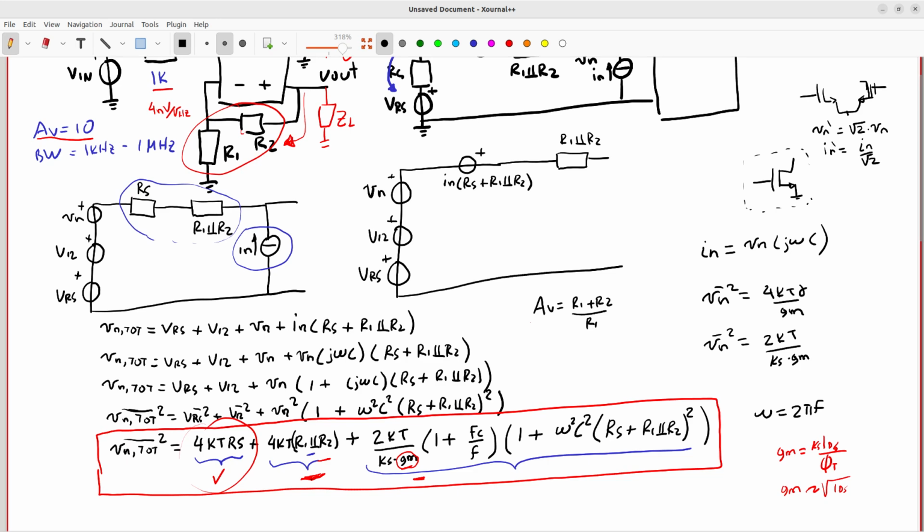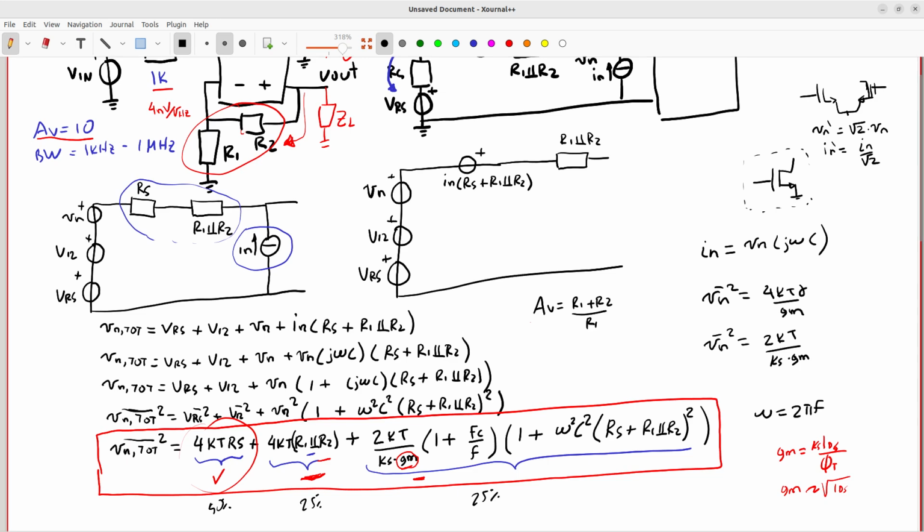So the parallel combination of R1 and R2 has to be in principle lower than around, I mean, if we want to give 50% here, 25% here, and 25% here,